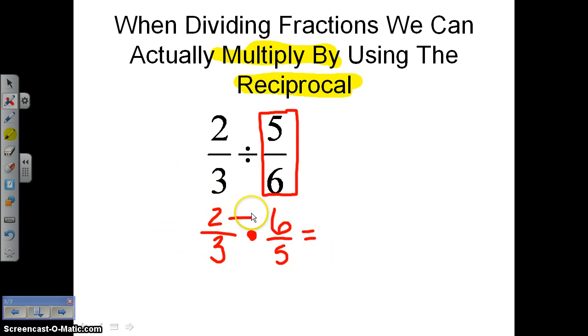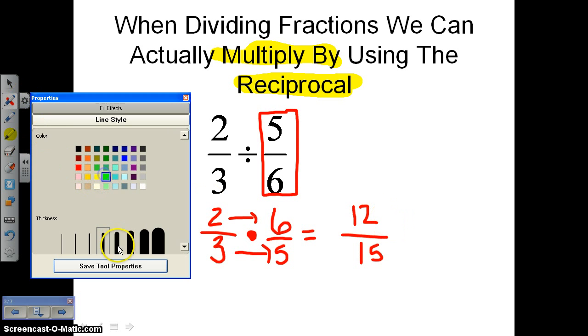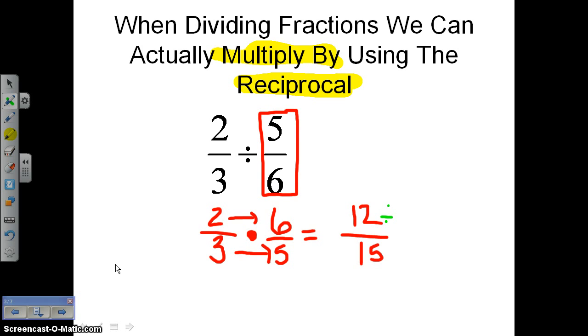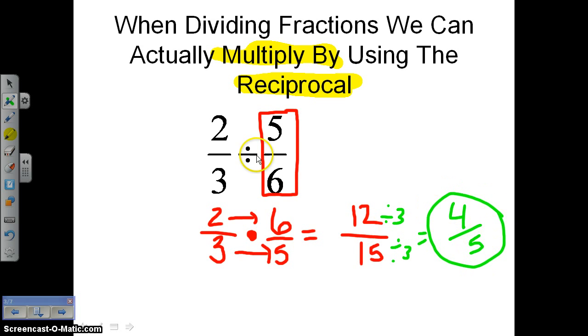Now I'm ready to answer this problem. I just multiply my numerators together like we did last time. 2 times 6 is 12. Multiply 3 times 5, that is 15. Now let's see if I can simplify it. In this case, I can simplify it by 3, simplify by 3. I get an answer of 4/5. Done. Okay? So the process that we're doing today is changing this division to multiplication and then using the reciprocal